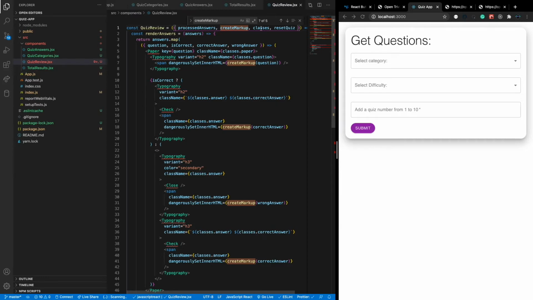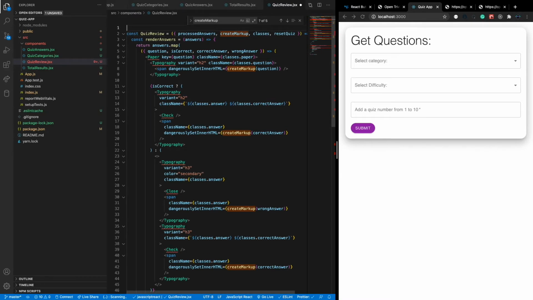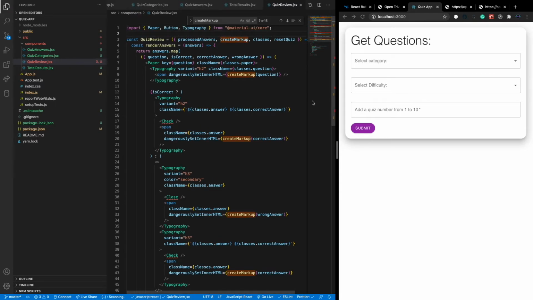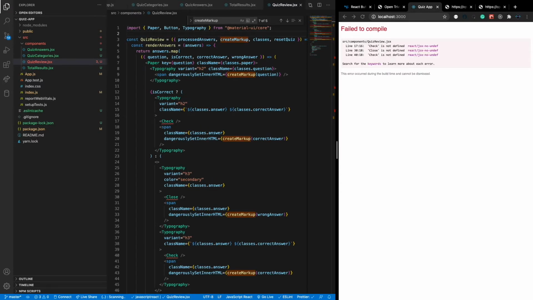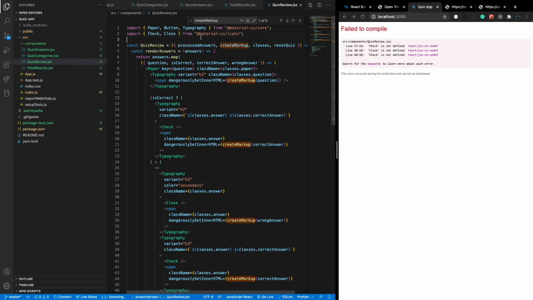So next is the first step. Before adding the rest of the props, let's first bring in these Material UI components. We have two Material UI components, or three: Paper, Button, Typography. Just before this line, before the function, add a new line and import them at the top here. And also we need to import the icons from Material UI, but that will be from a different section here. Instead of Material UI core, it will be Material UI icons. So that now we have the icons,